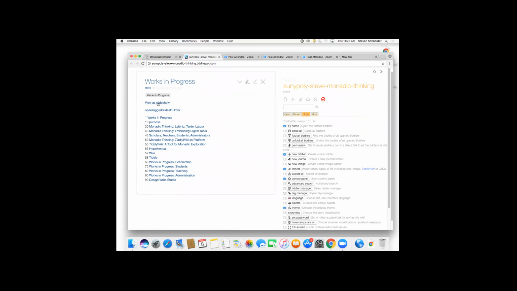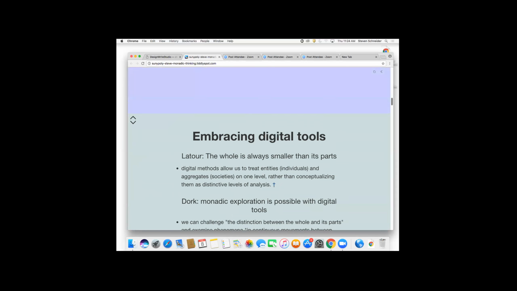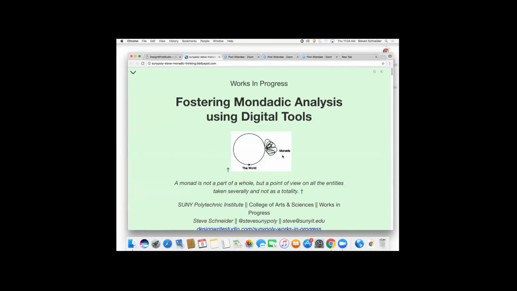So when I view a slideshow, it changes the theme. It finds all my slides, puts them in order, sets the background color according to the slide number, and then opens them. And it's supposed to leave me here on my first slide, and I don't know why it's not. I'll have to figure that out.